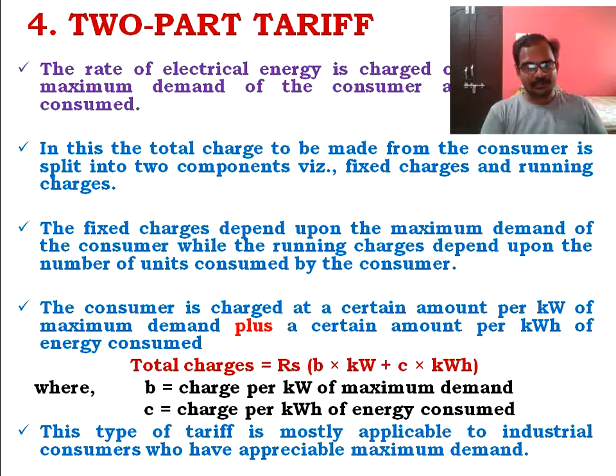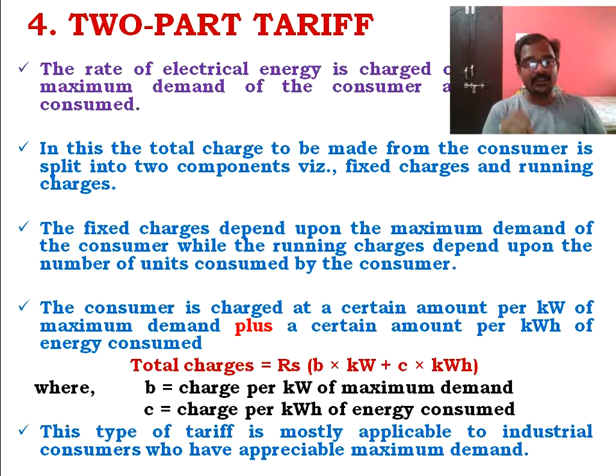The drawback of this system is, even though you don't consume anything, that means even though the number of units consumed by you is 0, that month you didn't open your industry, thereby the number of units consumed is 0. Therefore C is 3, and kWh is 0. But maximum demand charges have to be paid by you. That is 100 kilowatt is your maximum demand and 2 rupees B. So 200 rupees you have to pay. Whether you consume the power or not, you have to pay that 200 rupees. It is the drawback of this system.